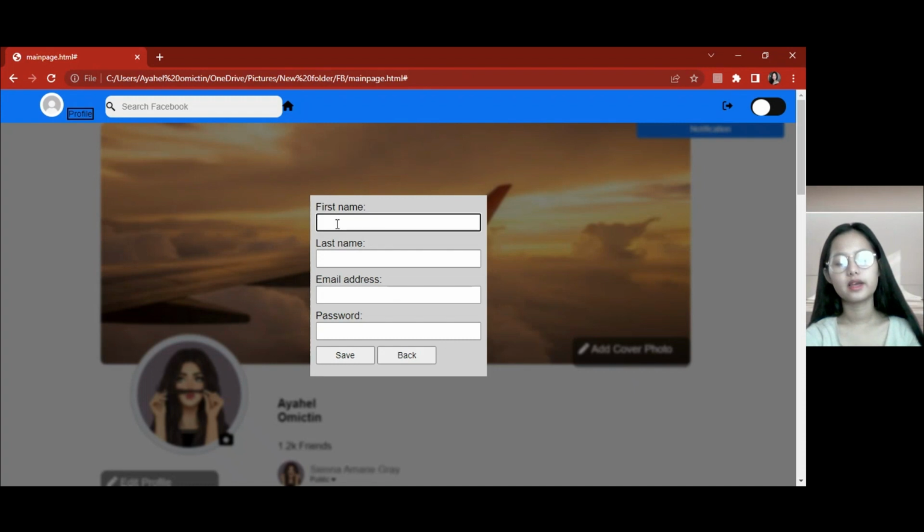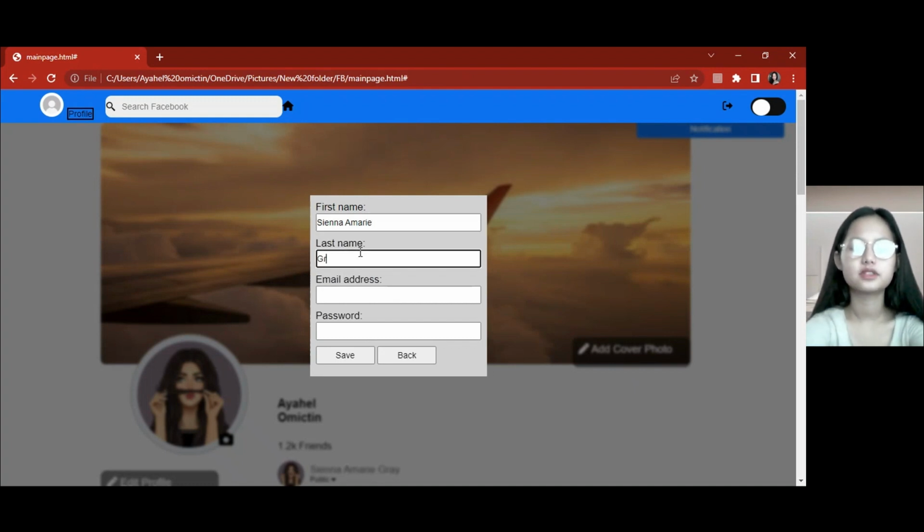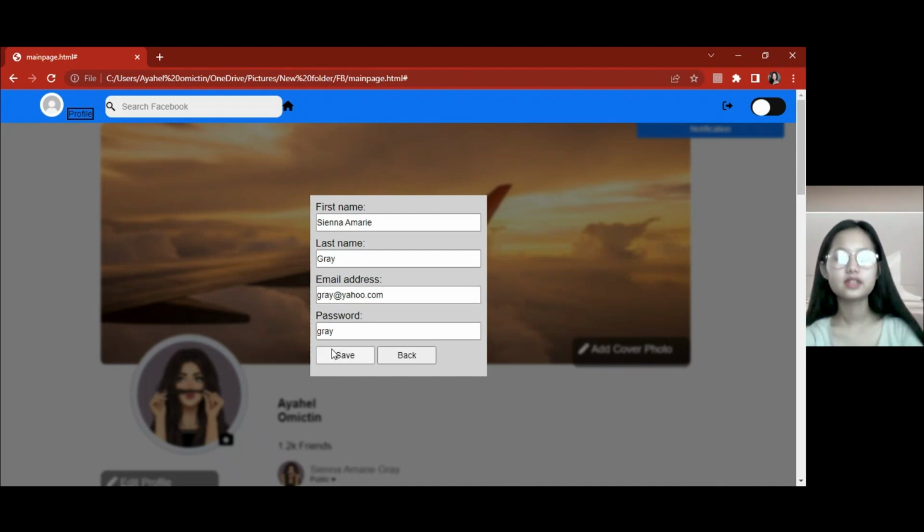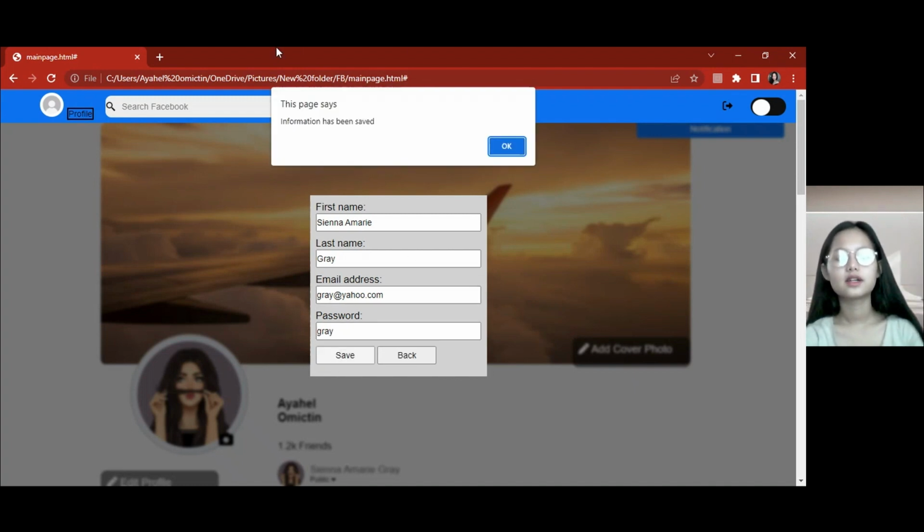First name, for example, is Anna. And then last name is Gray. Email address is gray@yahoo.com. For password, for example, is... When we save, there will be an alert that says information has been saved. And then when we click OK